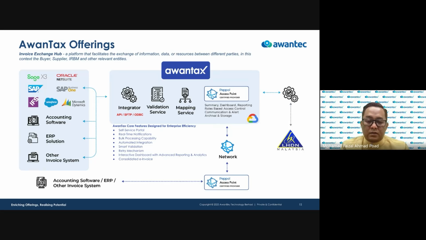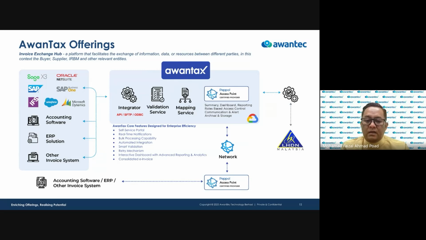So from that source file, once it's connected to us, we have what we call validation services. All the validation services will map back all the information with the requirement to LHDN, right? That is part of the mapping services, and all of it is in compliance with PayPal and so on. Some of the additional features I would like to highlight are, for example, real-time notification and bulk processing, right?